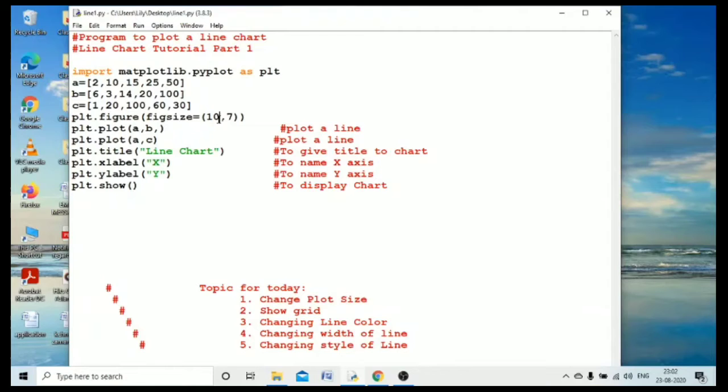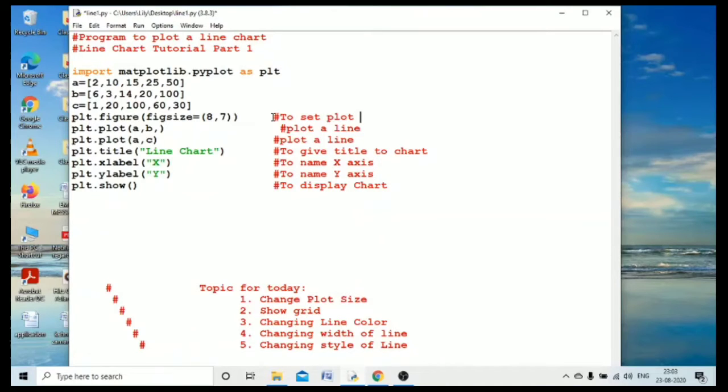Now next topic is to show the grid, and for that the function which we will use is grid. It is also of pyplot, so we have to set it to true to show all the grid lines. Okay, so the grid lines are all the small lines or the squares which we can see in a graph.